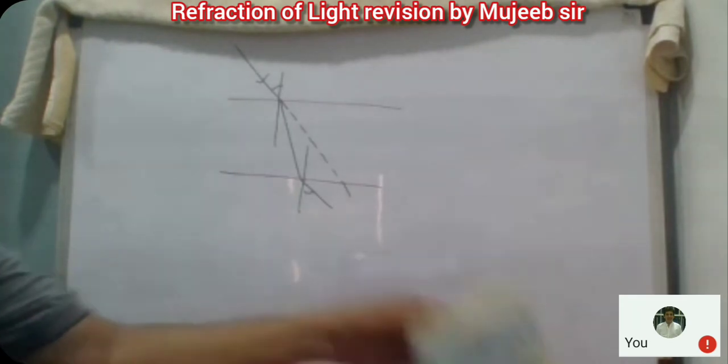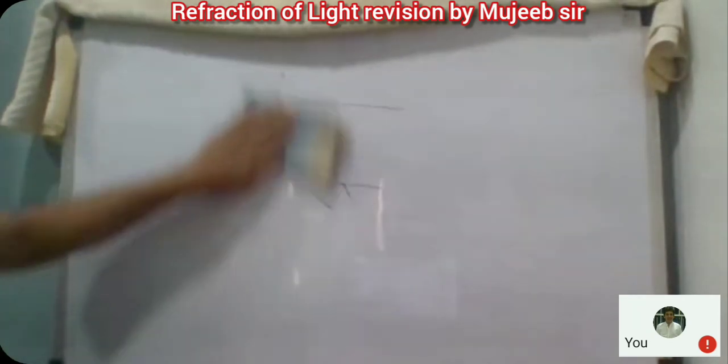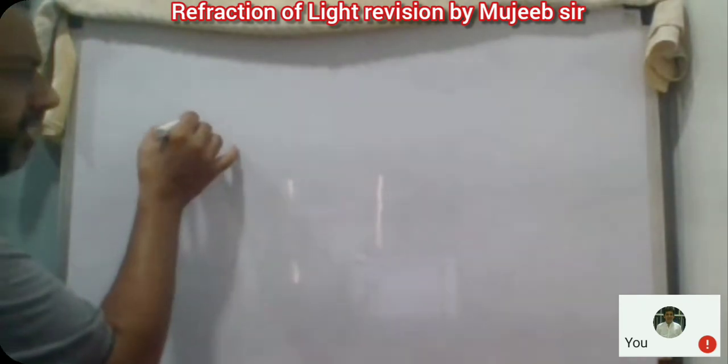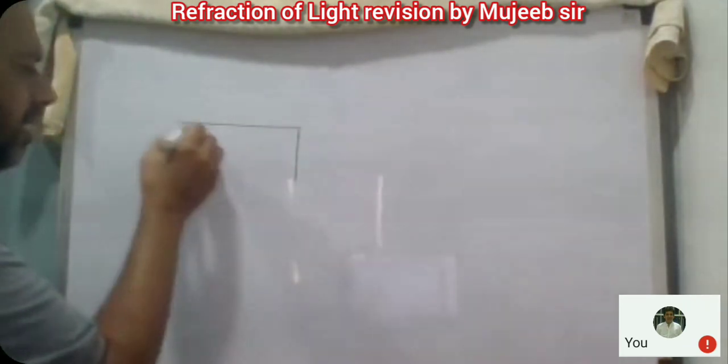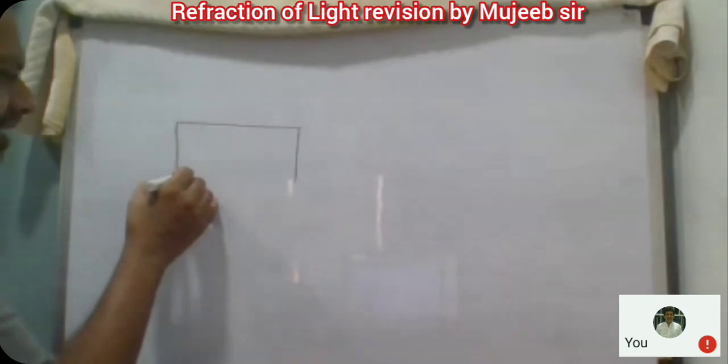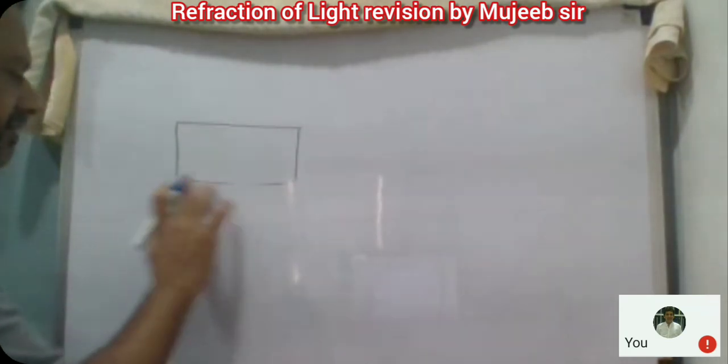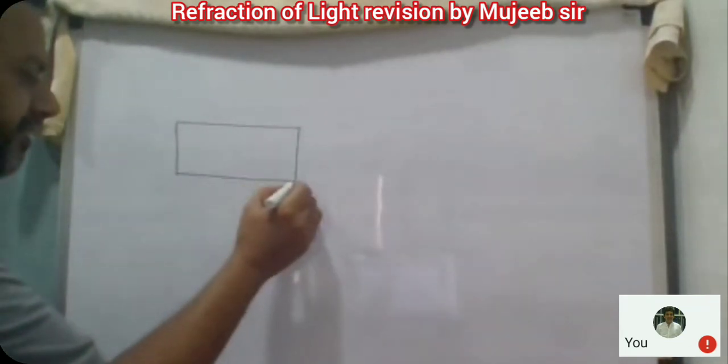Okay. Then, what happens here? The lateral displacement which is produced over here depends upon two factors. Actually it depends upon four factors, but we'll study only two. The first factor is the color of the light, but in our practical life we are using only white light. That's why the color won't make any effect over here.